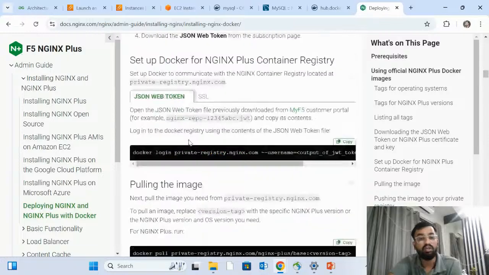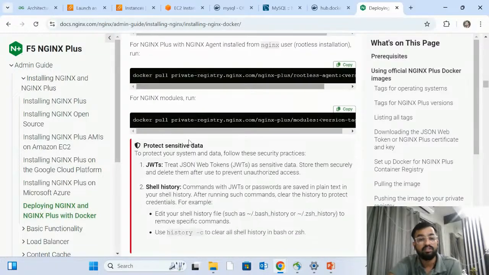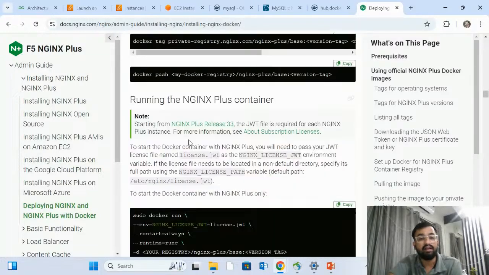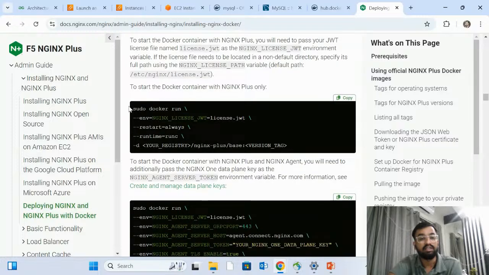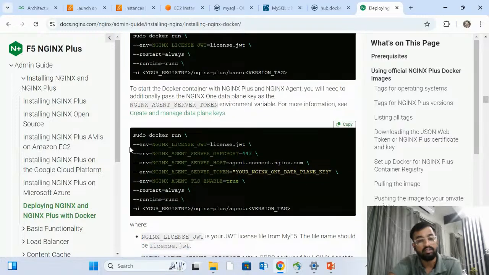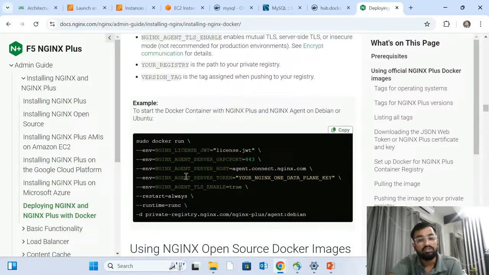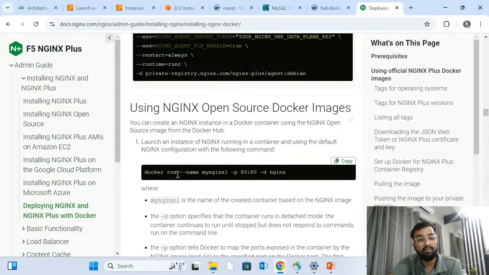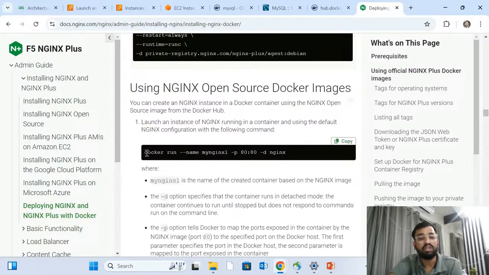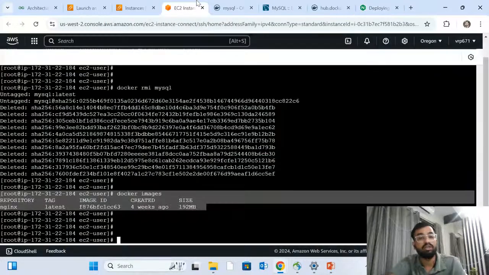Run the docker image. रन कमांड देखिए, रन कमांड. सर यहाँ पे मुझे मिल गई डॉकर रन कमांड. मुझे अभी जस्ट मिल गई कमांड. ओके, सो मैं इसमें डॉकर, ये बहुत डिटेल में दी हुई है, मैं छोटी सी यूज करता हूँ सर. पाथ मेंशन कर दीजिए, इसको कॉपी कर दीजिए,